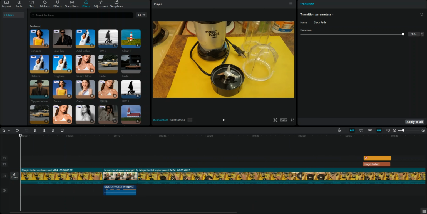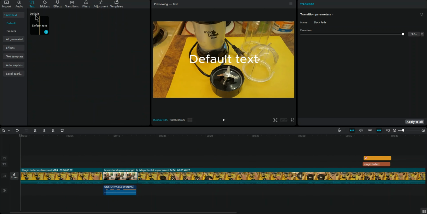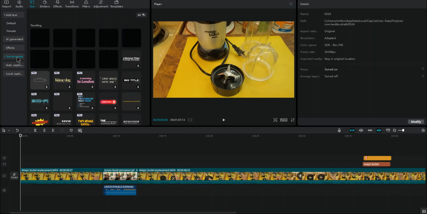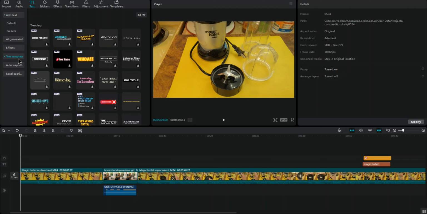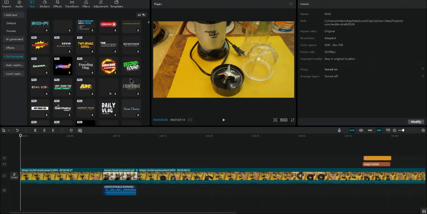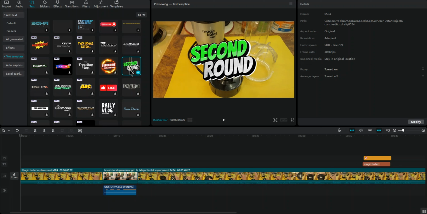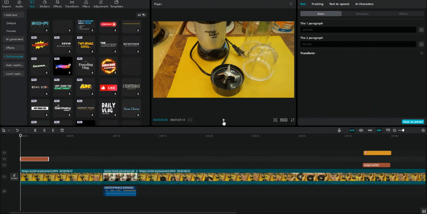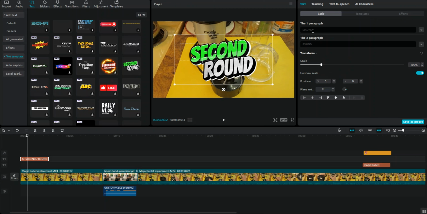It doesn't really need a title, but you could just add a generated text by default, but they have presets, text templates that you can use that will automatically populate. This used to be my favorite, but they made it a pro, so I had to pay for it. So, here we go. We're going to bring this over here. Now, boop, we'll change the words to